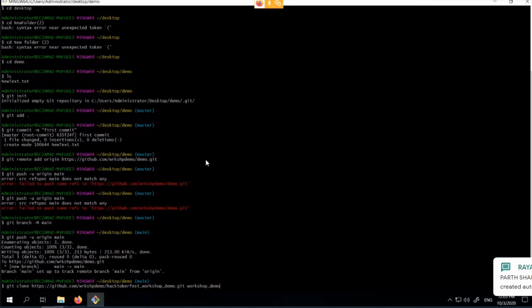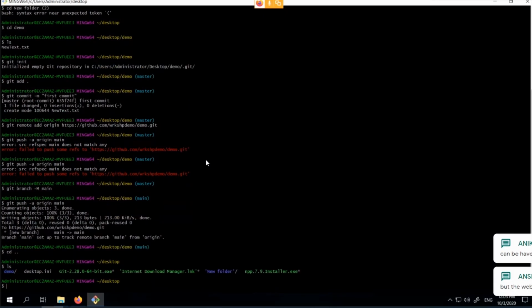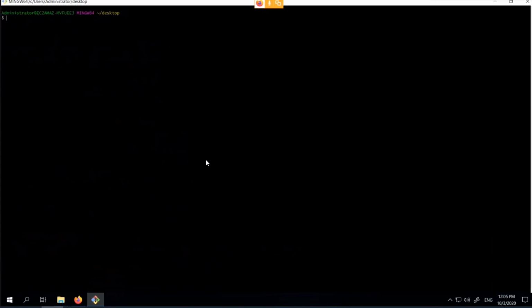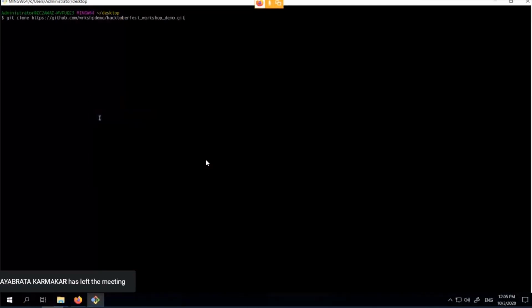like this. So first let me change the directory, since we are inside a working directory. So we'll just go back with cd dot dot, and we're in the desktop now. So once we are in the desktop, we will clone the repository now. To clone, we will use that command again, git clone, the link to the repository, and the custom name of the folder we want. So we will write demo workshop.